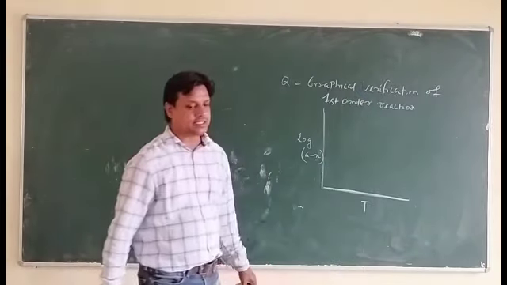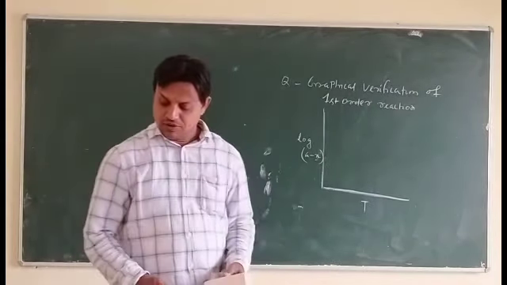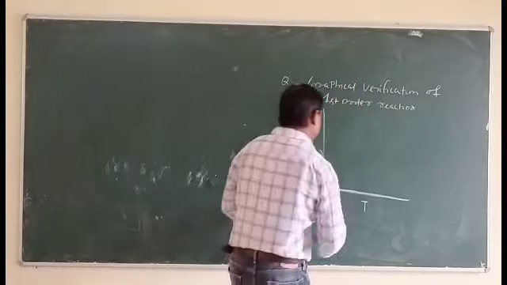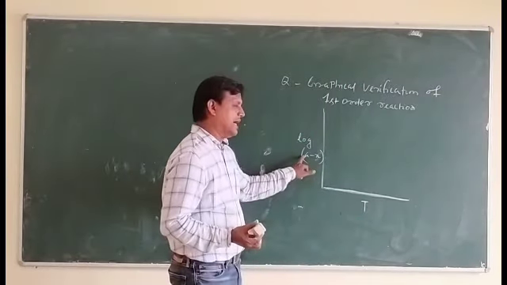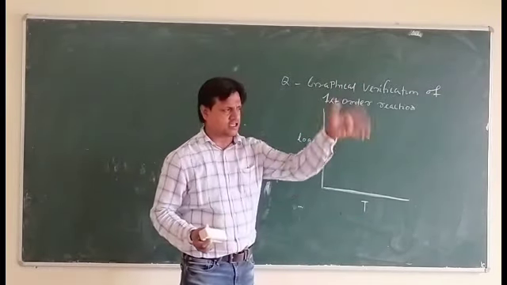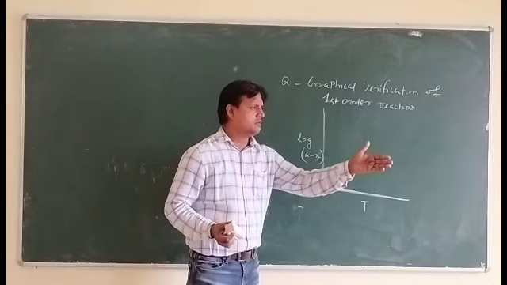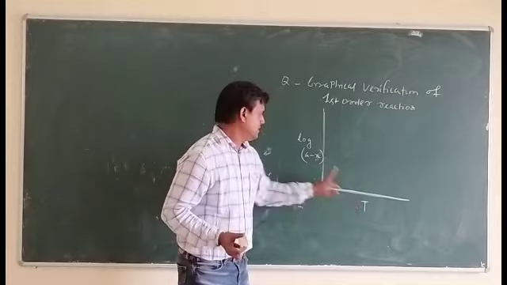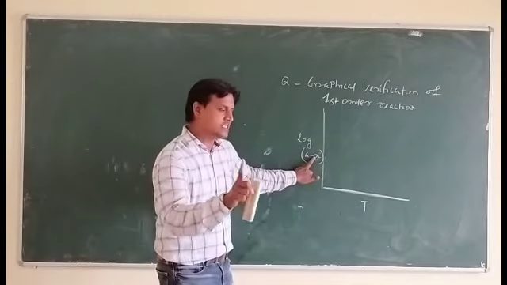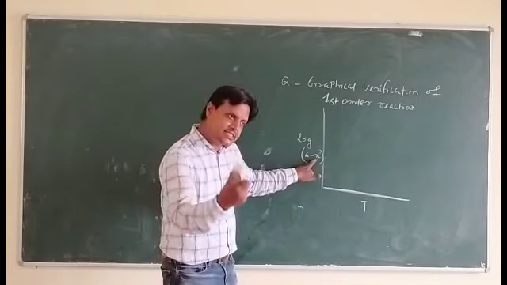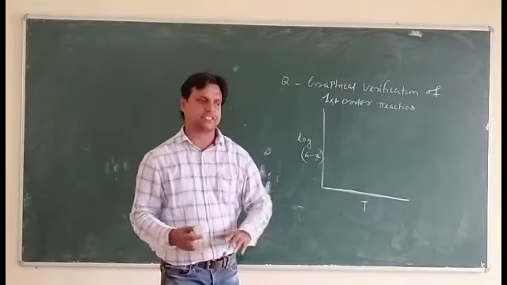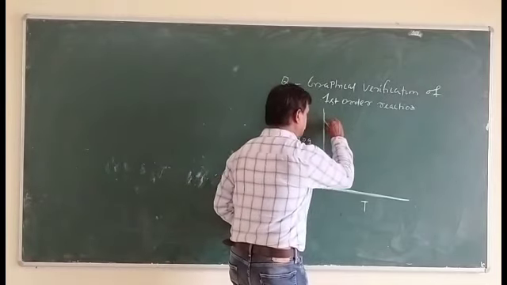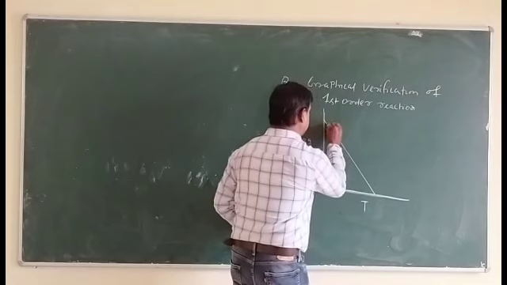then with passage of time, the value of a minus x decreases for any order, maybe zero order, first order or second order. With passage of time, the value of x increases, so a minus x decreases, and log a minus x decreases. So this type of plot is obtained,